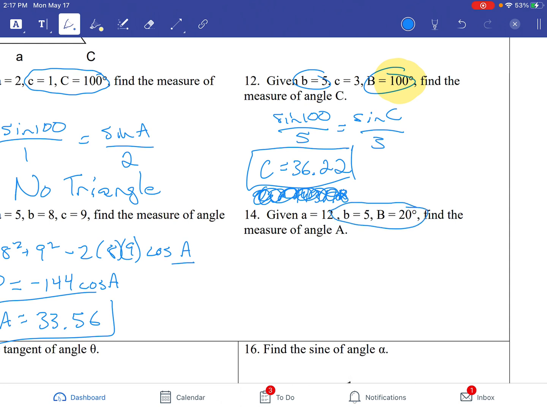Number 14, we're given a pair. We have both B's, which means the law of sines. So we're going to do the sine of 20 over 5 equals the sine of A over 12. So we have 12 times the sine of 20 divided by 5, inverse sine of that answer to find the angle, gives us